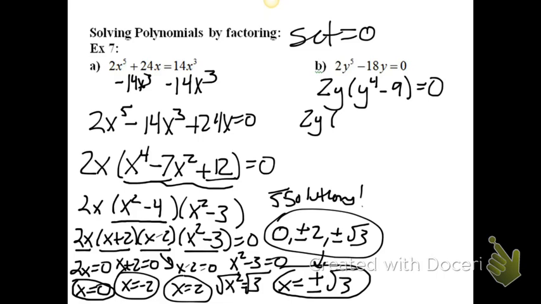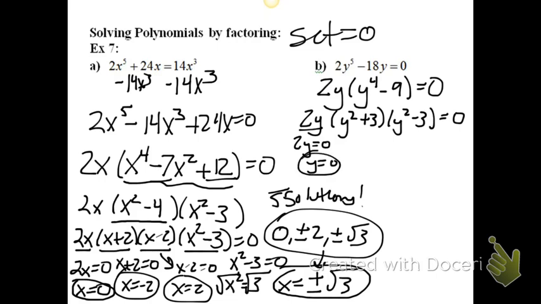Y to the 4th is really a y squared being squared, and then 9 is 3 being squared. So it'd be y squared plus 3, and then a y squared minus 3, just using the difference of squares pattern. I don't think I can go any further, so I just set 2y equal to 0, giving me y equals 0 as a solution. If I set y squared plus 3 equal to 0,